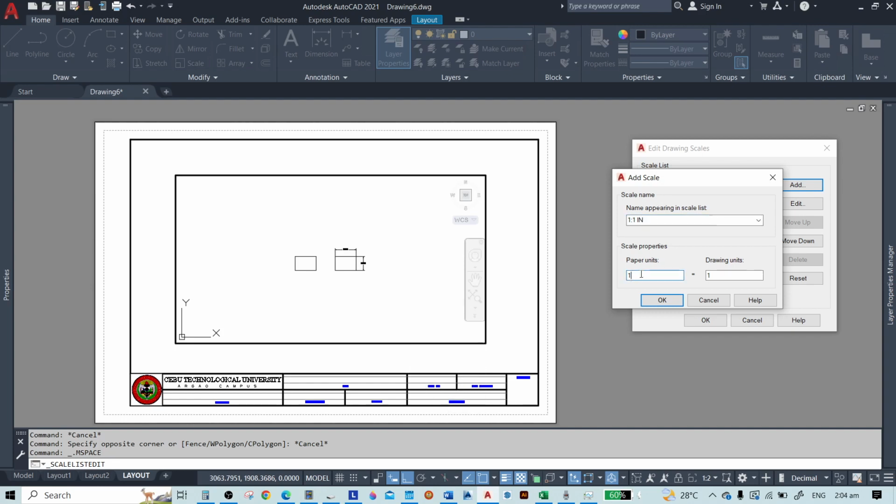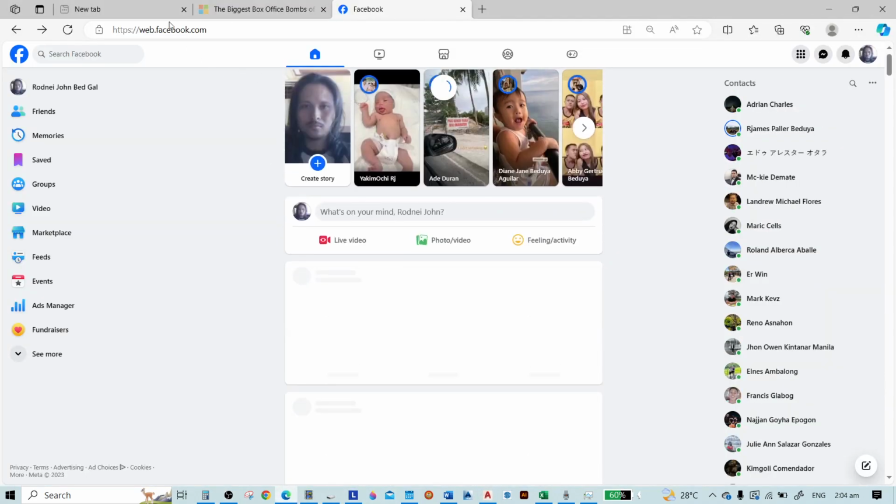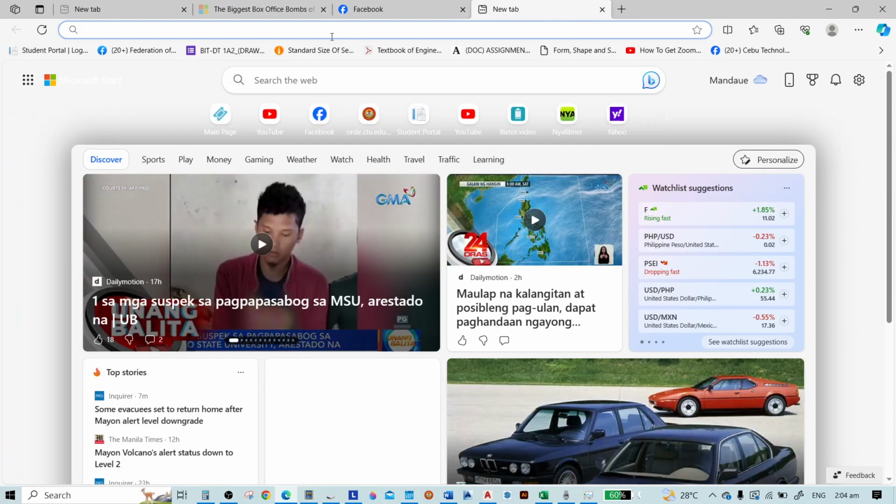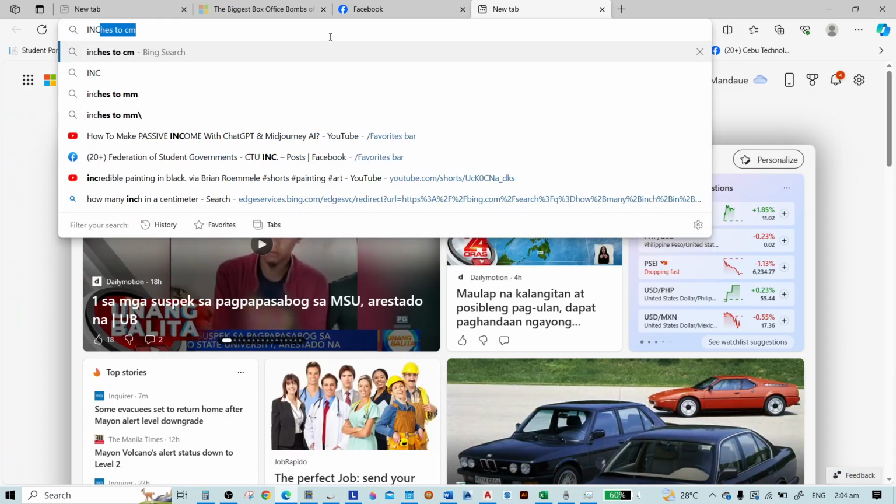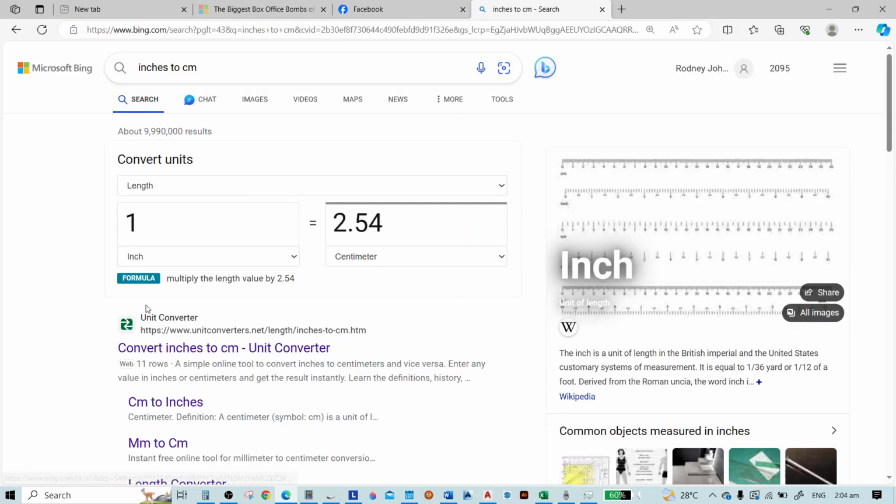Now what we're going to do, as you can see here, 1:1, but this 1:1 is in centimeters. Now what you are going to do is to convert the centimeter into inches. Now let's find a converter, inches into centimeter.